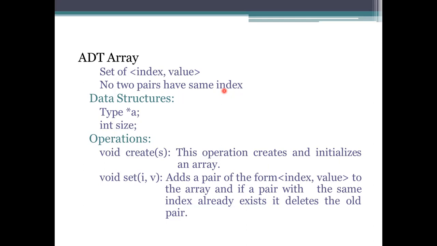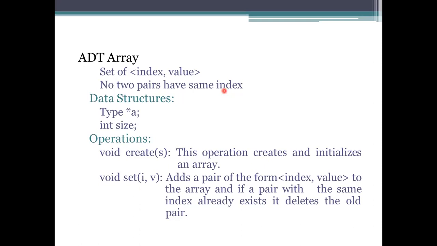Coming to the data structures we are using, A is an array which uses the type you declare at the calling. The type here is not static, it should not be fixed as integer, float, or char. We are not describing whether the array should be integer or float. The user can describe the type of the array while processing this ADT, and the size has to be mentioned here. The array is a pointer, and the name of the array is small a.